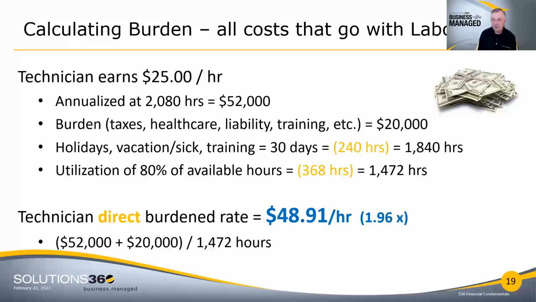your employee's salary. So we get that number by taking that $72,000 and dividing it by the billable hours that they can work. You should do this for all your classes of wages. You don't do this per individual, you do this per class. You take all your junior techs and you put them in a pool. Take the average, take your lead techs, put them in a pool, take the average, your programmers, your control people,